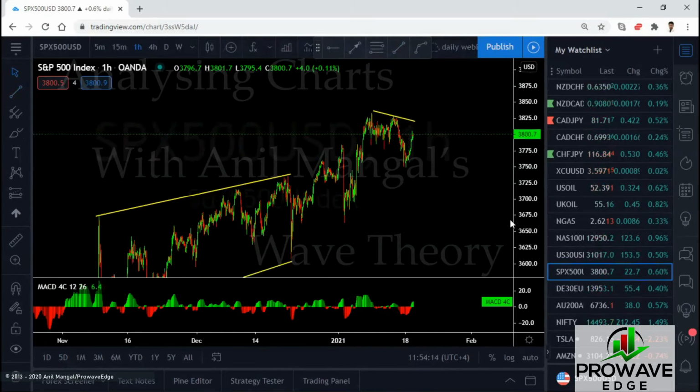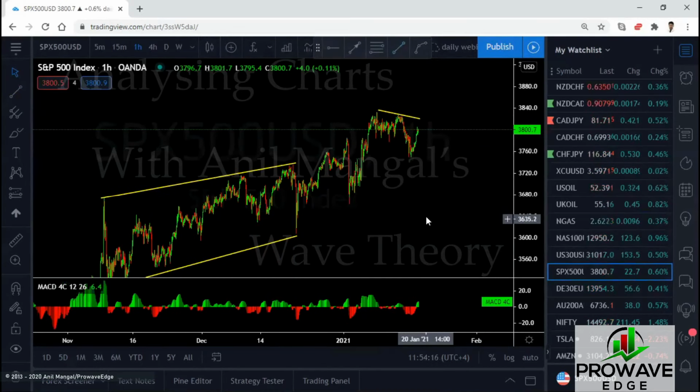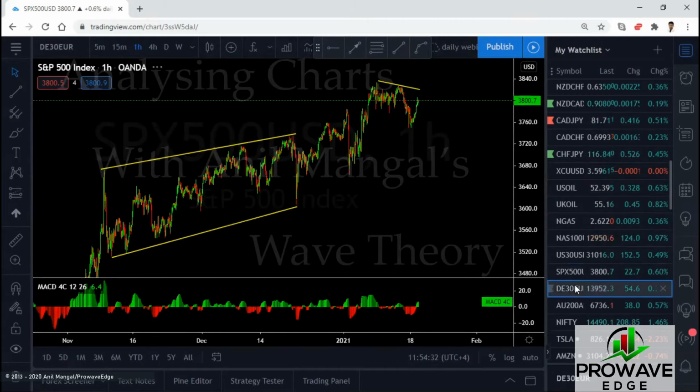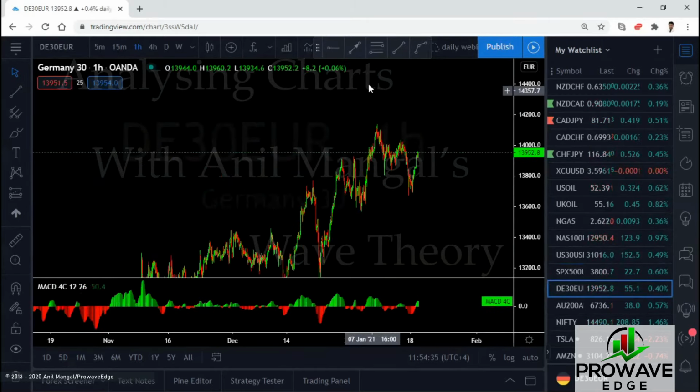Very short-term trades because it's not moving far. So you'll have to know how much it moves per day if you're going to trade it, from where you're going to enter, what's the strategy, and where to exit. You don't want to keep it for long term because this will fall, right? We still believe this might be the B wave part of the bigger flat we have. DAX also going up.